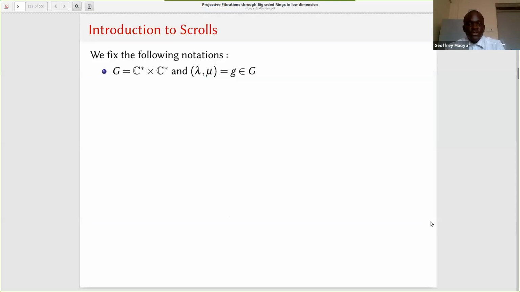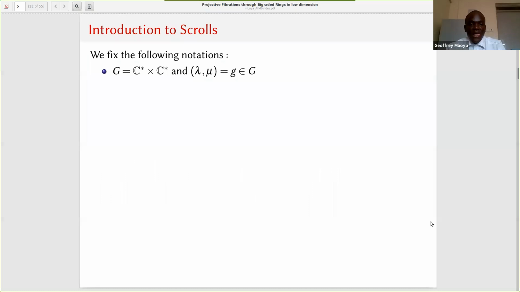Before I introduce scrolls, I will fix some notation. G will be C* cross C*, and the general element will be given by (lambda, mu). The lattice of characters Omega is going to be spanned by chi1 and chi2, where chi1 on G gives lambda and chi2 on G gives mu. And a general action is given, and a co-character